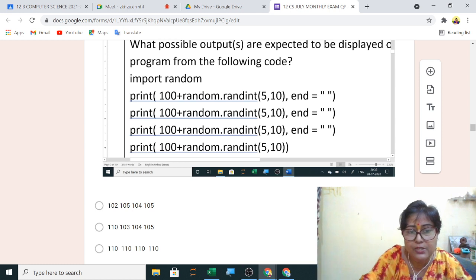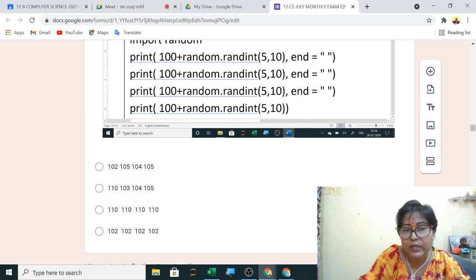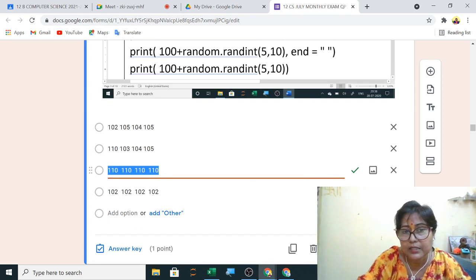Second one, 105 to 110, this is also wrong, 103 and 4 is not allowed. Third one is correct, 110 is correct. Fourth one is wrong. So any value between 105 to 110 should be correct. So only the third answer is correct. Yes, the third answer is correct.